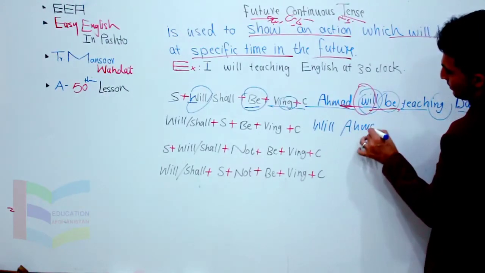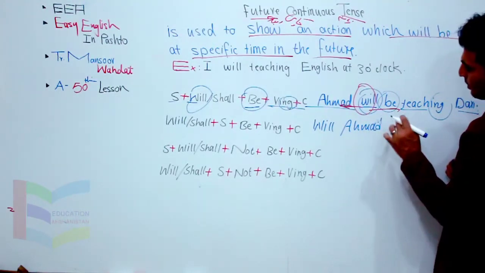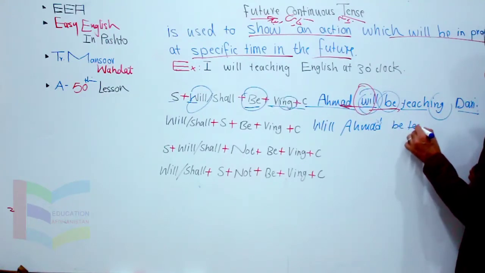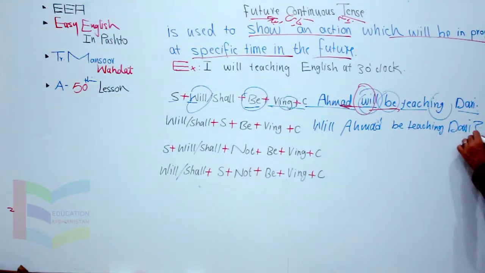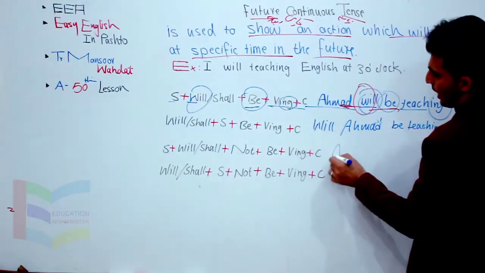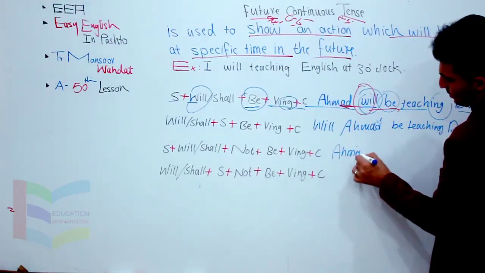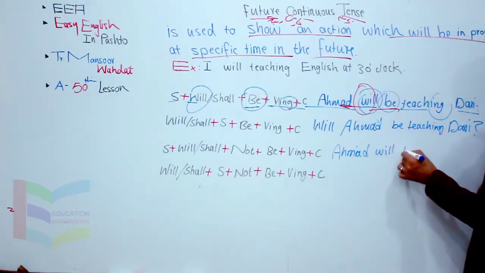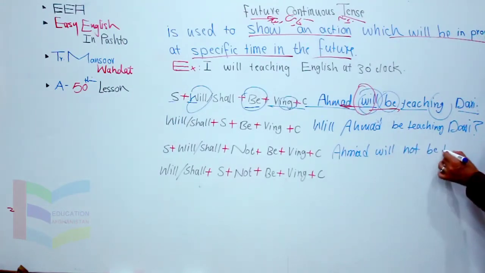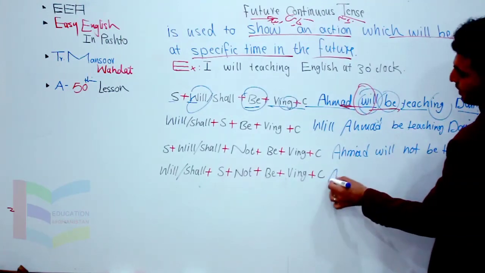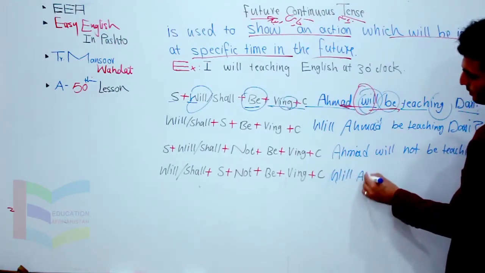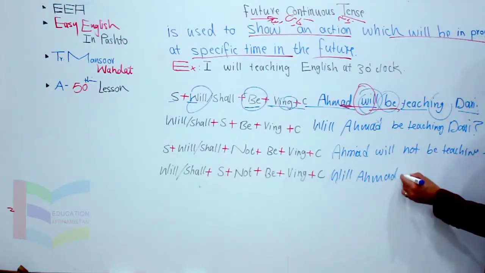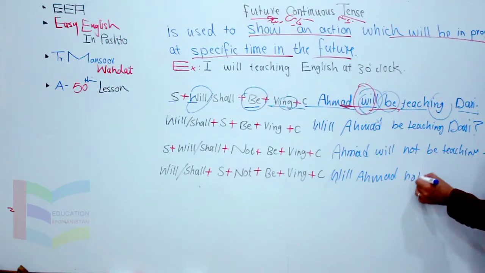Will Ahmad be teaching dairy? Ahmad will not be teaching dairy. Or negative interrogative: Will Ahmad not be